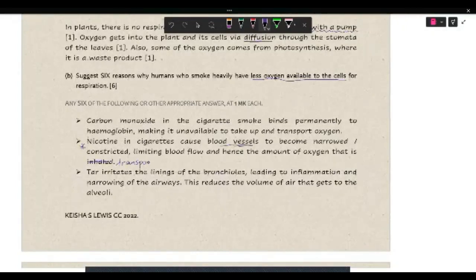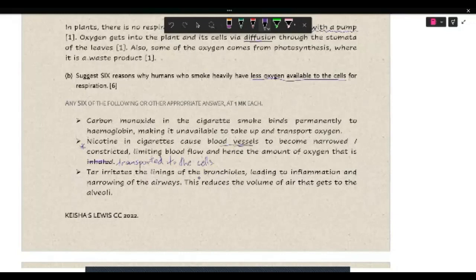Typo. All right. So see, even I was thinking hard about the breathing part, but this one definitely has to do with transportation. Transported to the cells, I should also add. Transported to the cells. Okay. Then